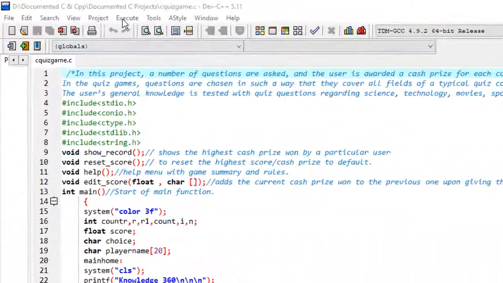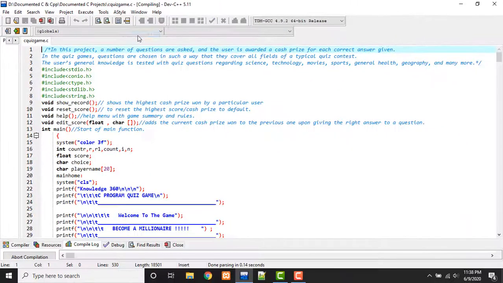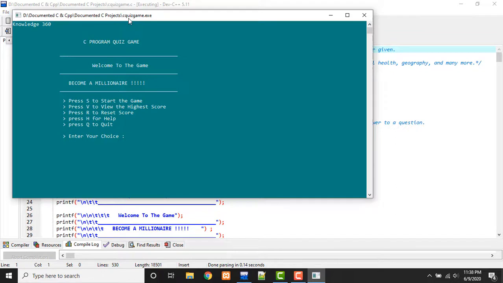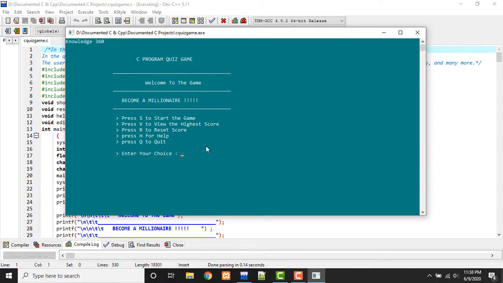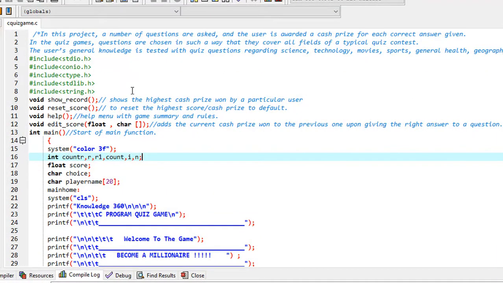And here I use the Dev C++ compiler. If you don't have this in your system, no worries, you can download it from the link given in the video description. It's very easy and simple to download and install. So I hope you can do that, or you can take help from any online assistance. Now I press compile and run to execute this code. So this is executed and we have the window here. As I have shown you how the game progresses, you can continue like that. So this much for the video.